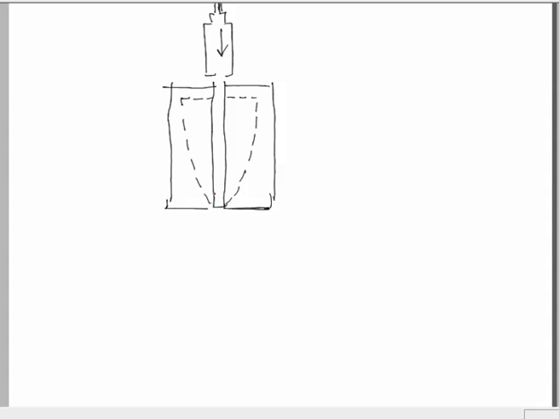Now this is the raw material that we want to form, and this is the final shape that we want to generate.